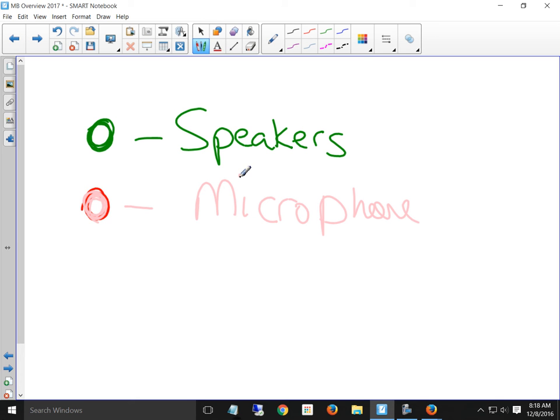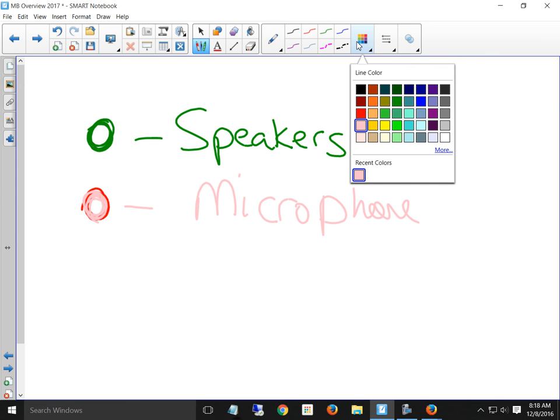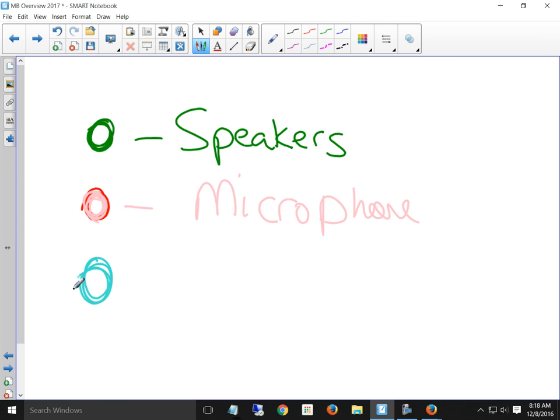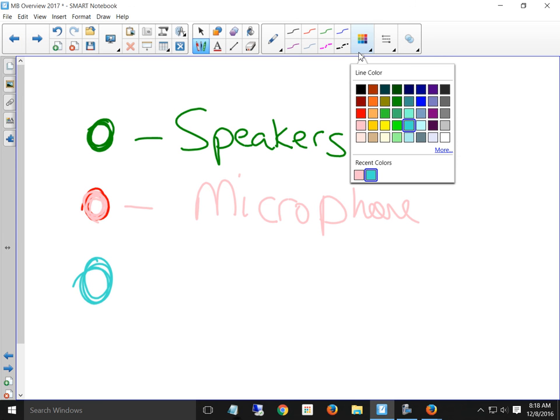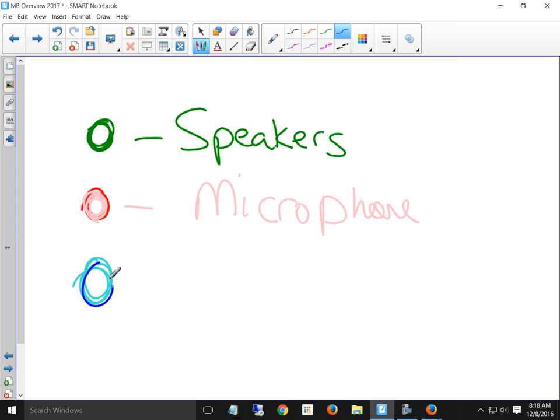Okay. Now we used to use the blue one. We don't use the blue one anymore, but we used to use the blue one. That's not really blue, that's kind of teal. Let's see if I can get a better blue. That's really too dark, but we'll say that's right. The blue one is line in? Yes, okay, is the line in. So what is line in used for? Well, one of the things that we used to use the line in for is